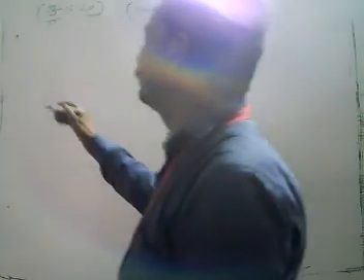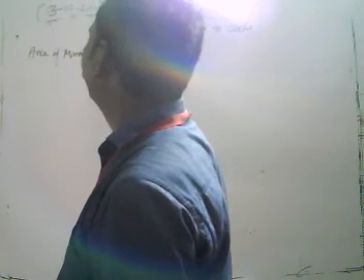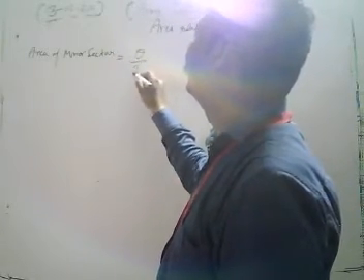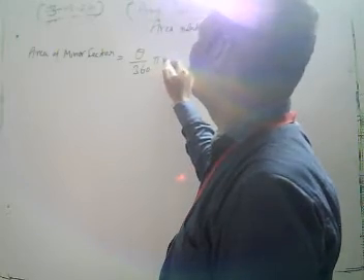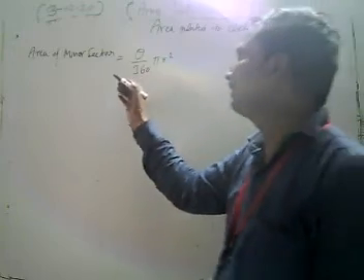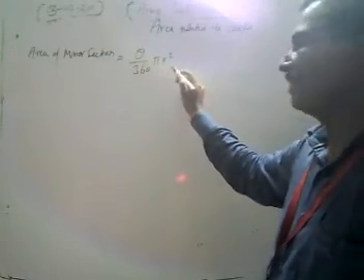Today I am going to revise how we get the area of a minor sector. If we are given a radius and sector angle theta, then we get it by theta upon 360 times pi r square. By using this formula we get the area of the minor sector, where theta is our sector angle and r is the radius of the circle.